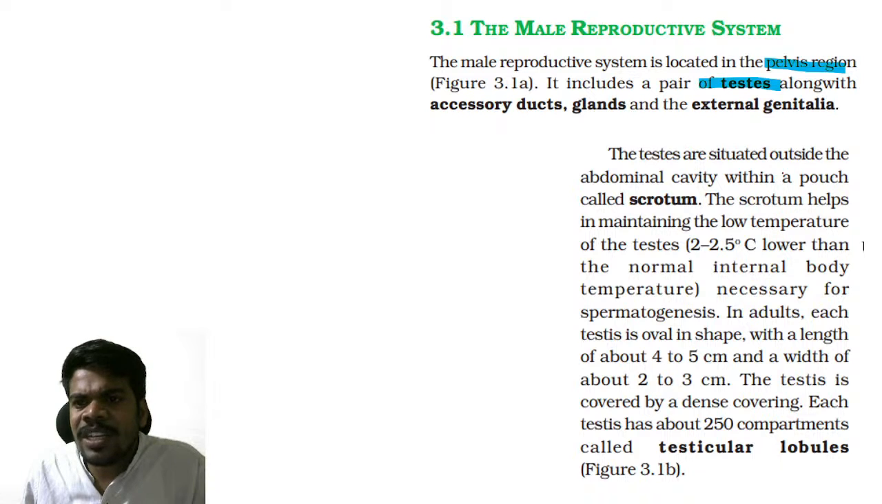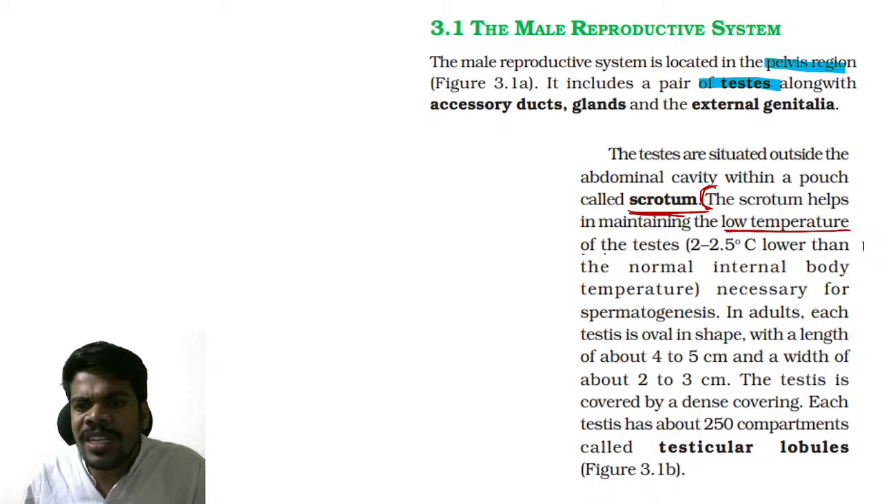The testes are situated outside the abdominal cavity within a pouch called scrotum. Please underline this in your NCERT textbook. Testis is situated outside the abdominal cavity within a pouch. That pouch is called scrotum. The scrotum helps in maintaining, this is the previous question, the low temperature